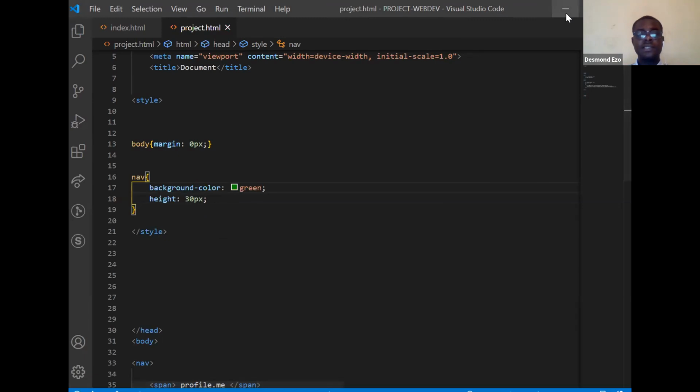So it has just increased the height by 30 pixels. But what I want it to do in addition would be to have, let me increase it to 50 pixels, so it will be significant enough. So now there is a height here, and the height has been specified as 50 pixels. So the next thing I want to do is to create a space inside of this navigation tag.